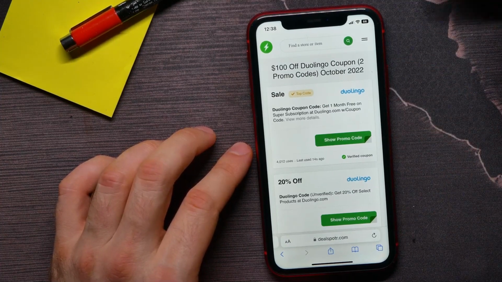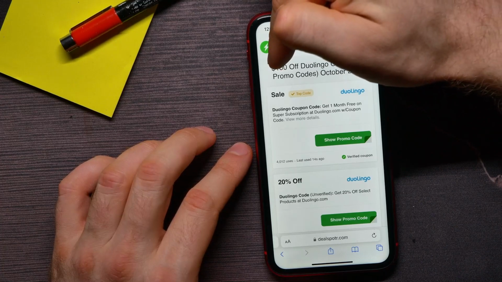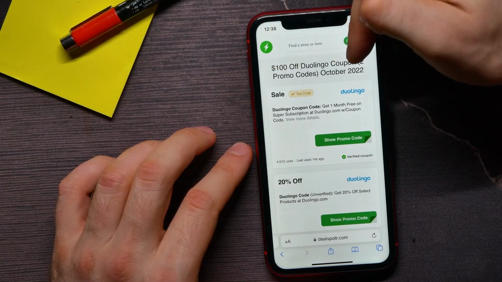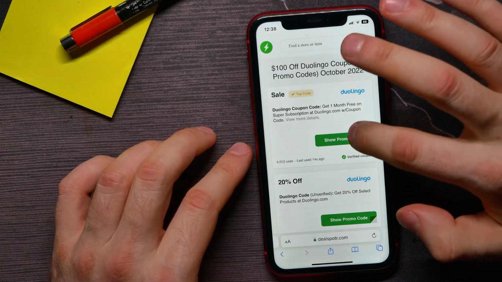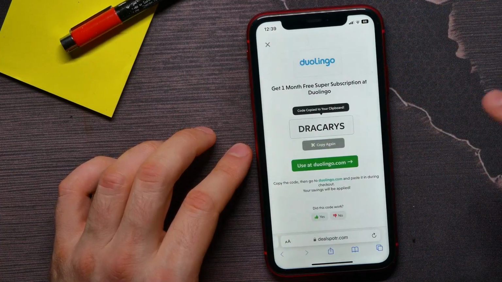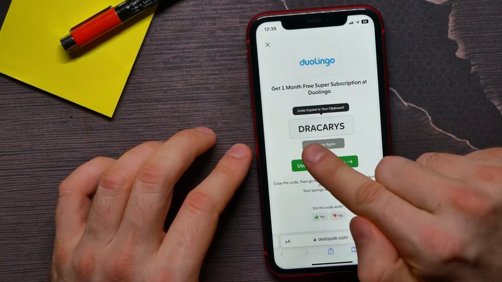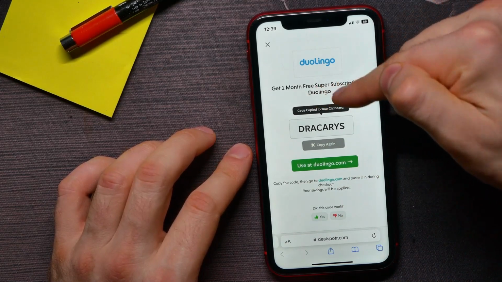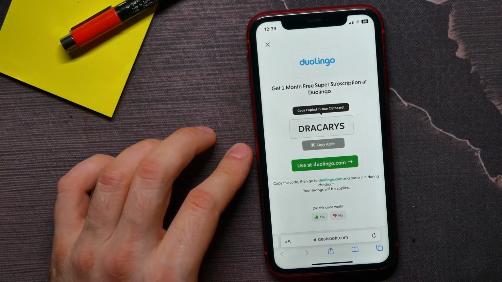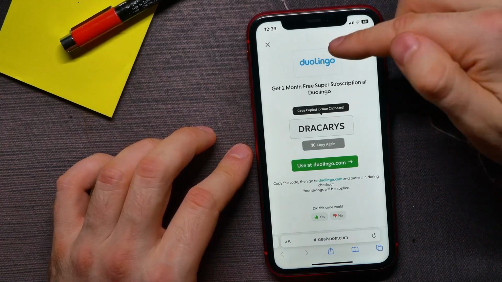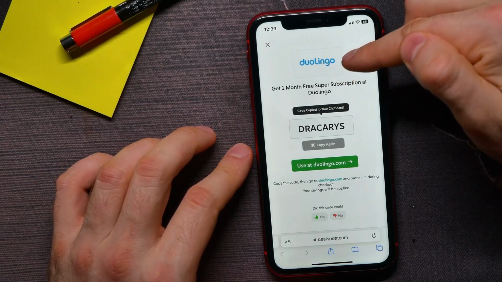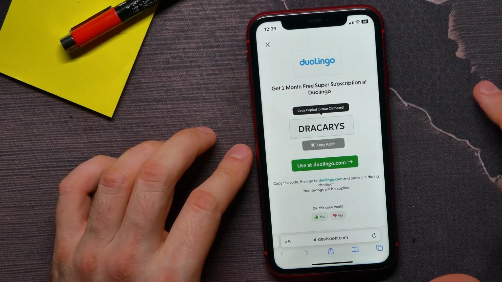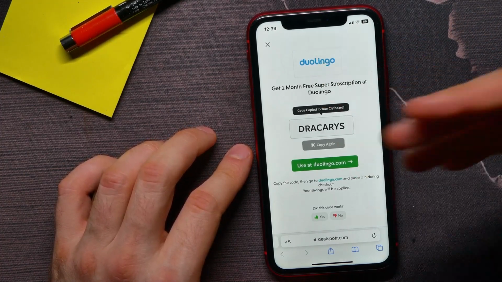Here, for example, I got $100 off Duolingo coupon. I can hit there at show promo code. Here I can see the coupon, it's actually Dracaris, and now that promo code has just been copied to my clipboard, and now I can move to duolingo.com or to Duolingo application, and there I can buy their stuff and